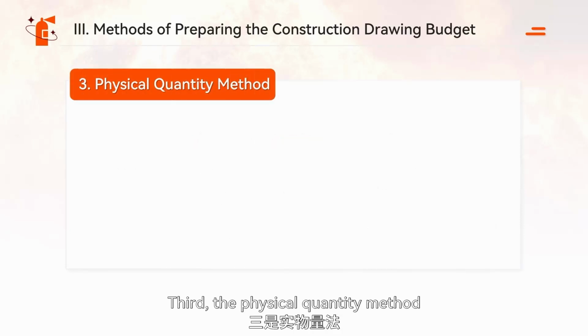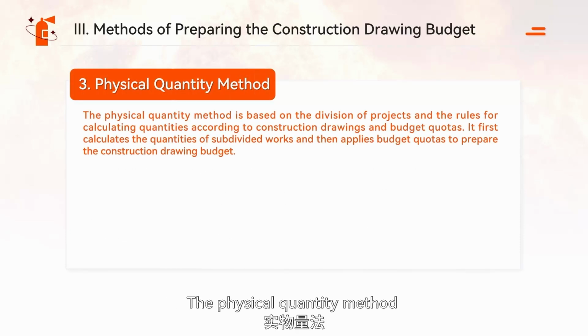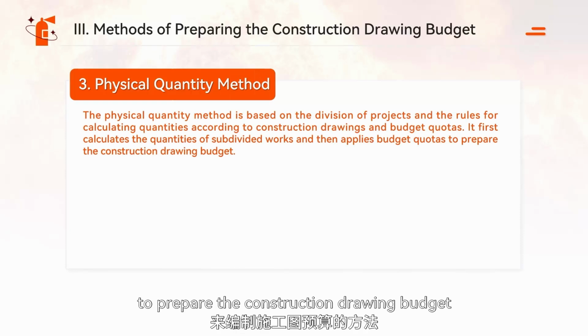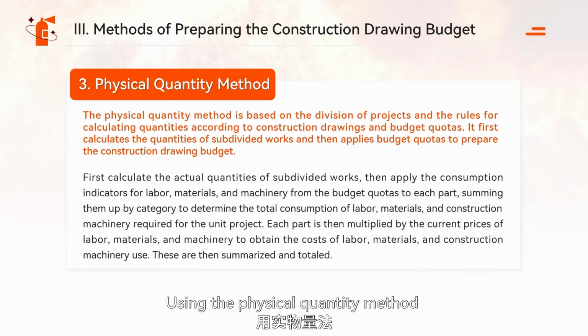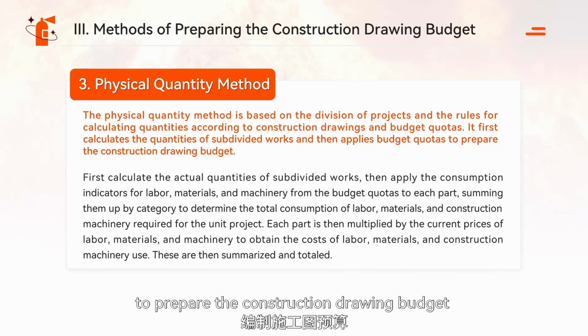Third, the physical quantity method. The physical quantity method is based on the division of projects and the rules for calculating quantities according to construction drawings and budget quotas. It first calculates the quantities of subdivided works and then applies budget quotas to prepare the construction drawing budget. Using the physical quantity method to prepare the construction drawing budget mainly involves first calculating the actual